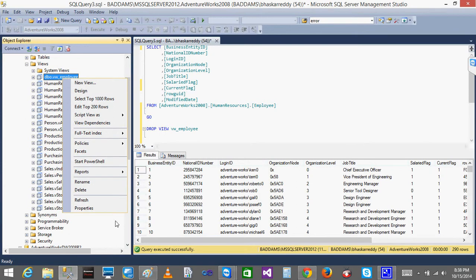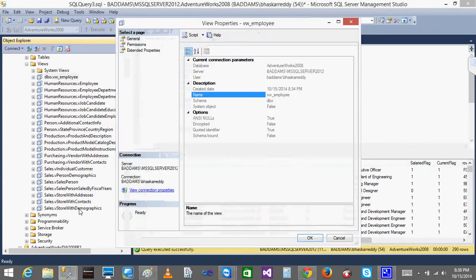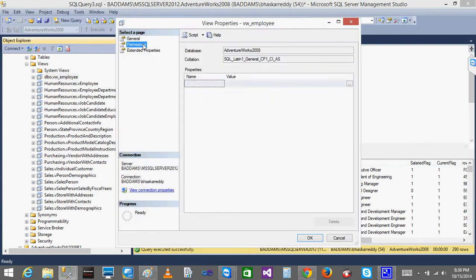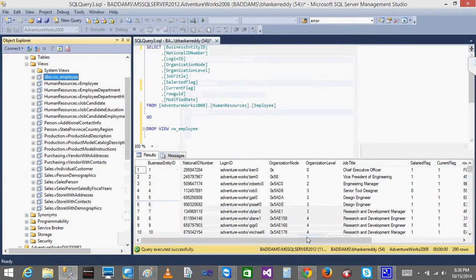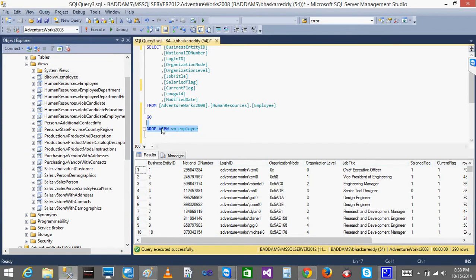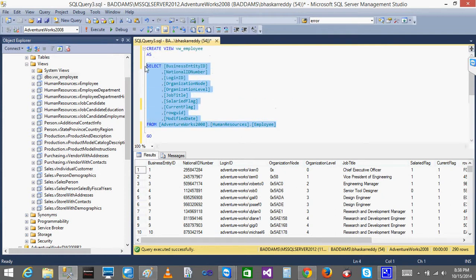When I right click and see the properties, you can't see anything for the storage, because views will never store any data. When I call the view, at the backend what happens is select star from the view, it goes and whatever query I have in the view will execute, and that result I will be getting.